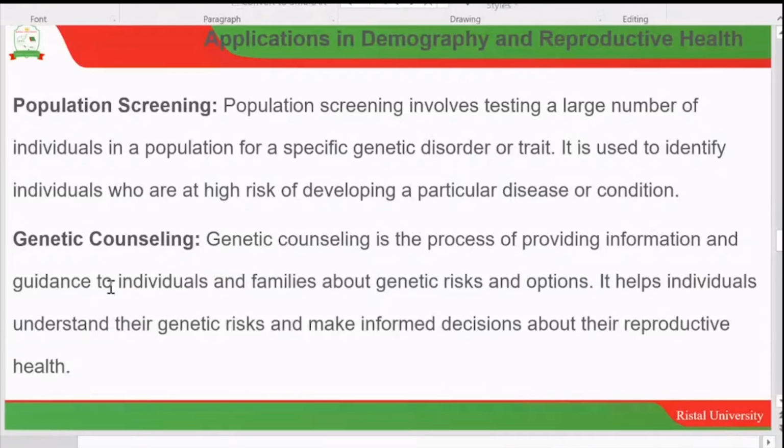And then we look at genetic counseling. Genetic counseling is providing information and guidance to individuals and families about genetic risks and options. It helps individuals understand their genetic risks and make informed decisions about their reproductive health. So we've seen it with those who are sickle cellers. We've also seen those who have